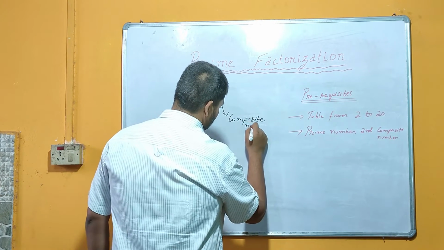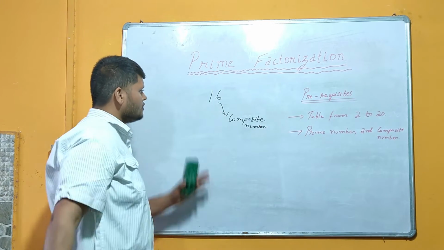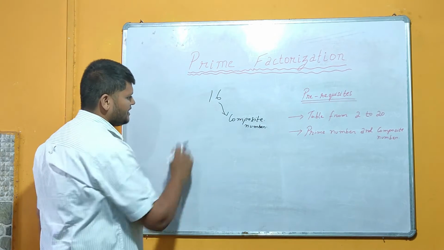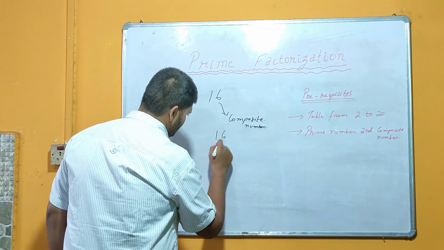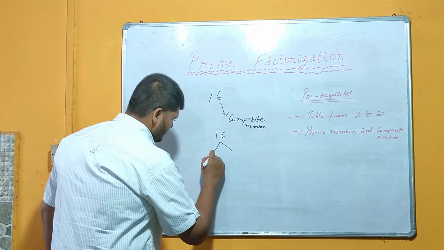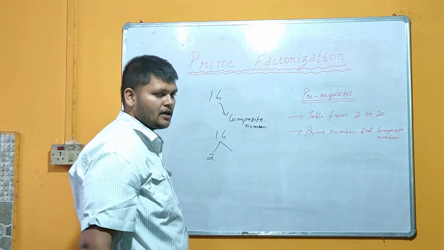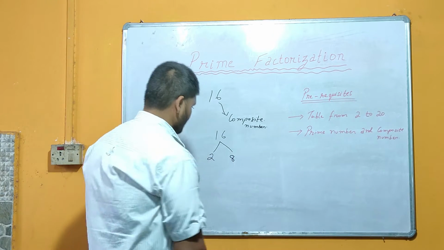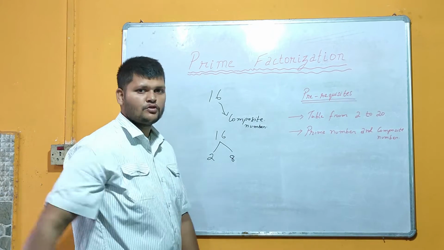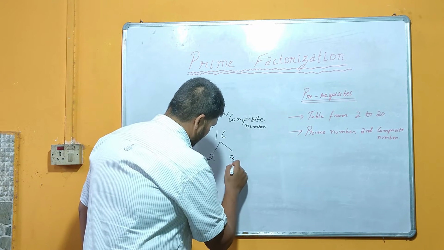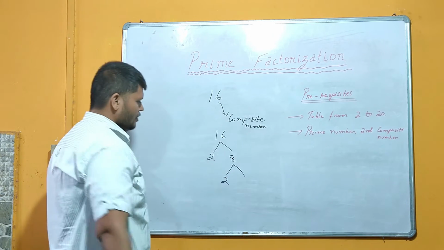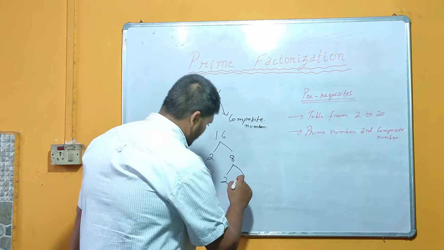Okay. Once we have decided that 16 is a composite number, then we are responsible for splitting this number into two parts. That is, in the table of 2, you have to see whether this 16 is occurring or not. Yes, in the table of 2, this 16 will occur. How many times? 8 times. Out of these two numbers, once again you have to analyze which one is the composite number. So 8 is a composite number. So we will split this further into two parts. That is, in the table of 2, how many times will this 8 occur? Obviously 4 times.